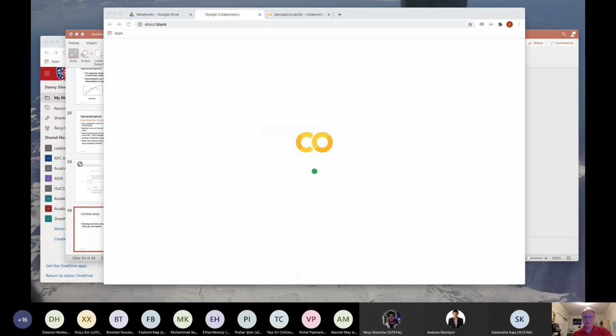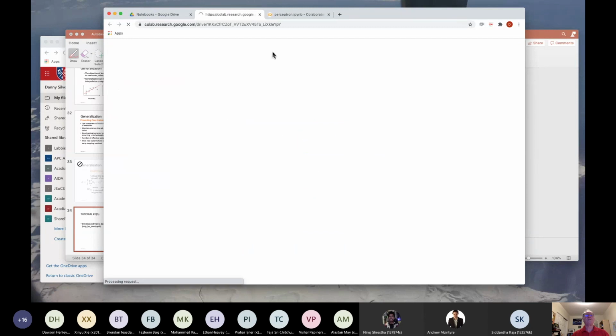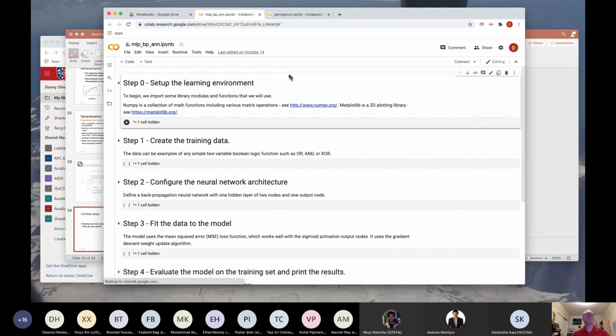Let me just stop here and make sure everyone is with us. There we go. Is everyone now able to load up this piece of code, the MLP back-prop-an? Just throw up your hand if you've been able to do that.